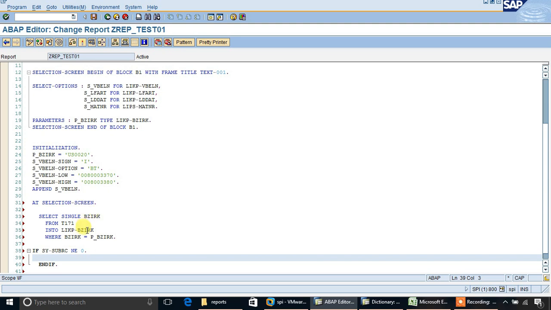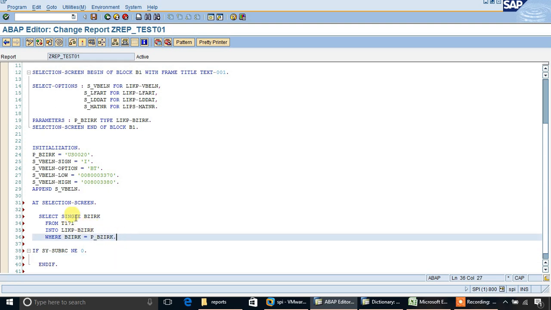If that code's condition is satisfied, then sy-subrc is equal to 0. If the condition is not satisfied, then sy-subrc is not equal to 0.